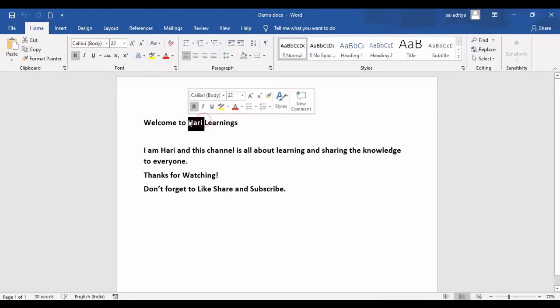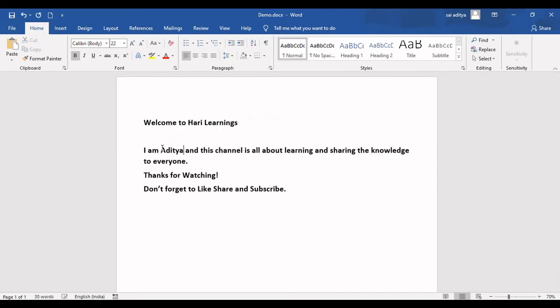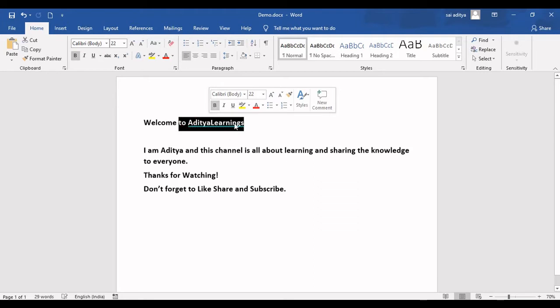Here you can see Aditya is replaced by Hari, and this works perfectly. But the issue is when we replace the old values, when there is no space between these two words, then this needs to be considered as a single word, right?